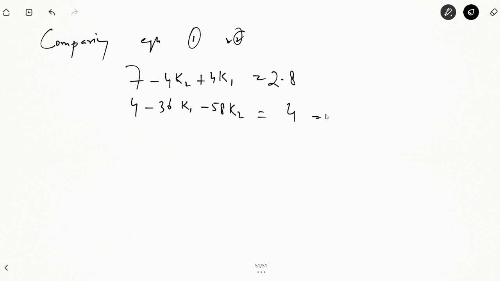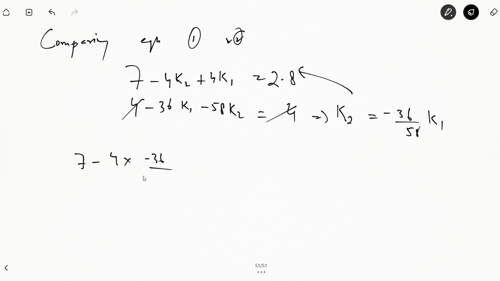So if you find out the value of k2 from here, k2 is minus 36 by 58 times k1. Substitute that here, you will get 7 minus 4 into minus 36 by 58 k1 plus 4 k1 is equal to 2.8, which implies